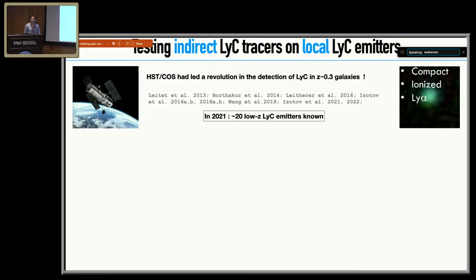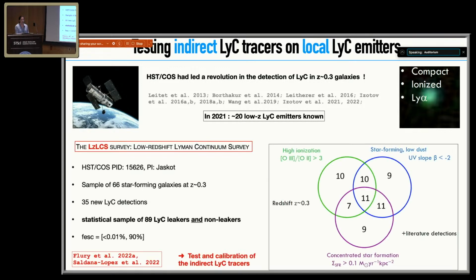The first detections were reported almost 10 years ago, so quite new. To give you an idea, in 2021, only 20 low-redshift Lyman continuum emitters were known. Those are the well-known green peas, compact ionized Lyman alpha emitters. And this is only a few years ago, thanks to the LzLCS survey, and thanks to Sophia, we had a nice overview right before the break. And so this